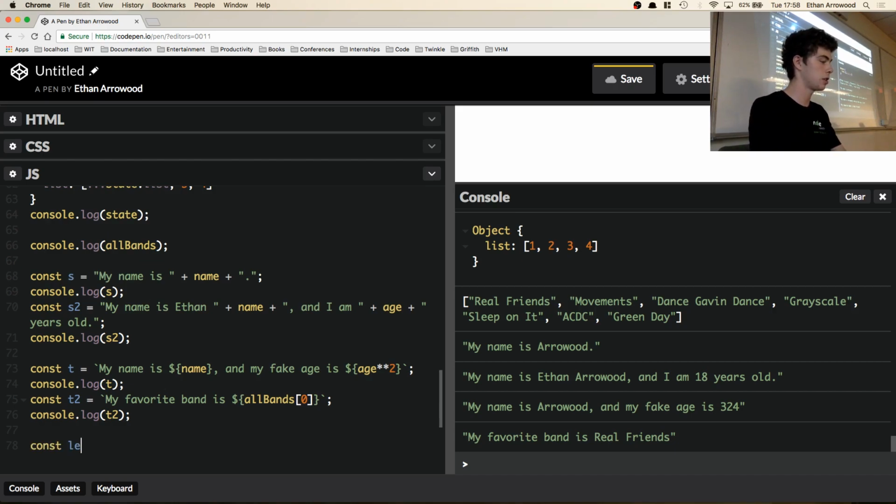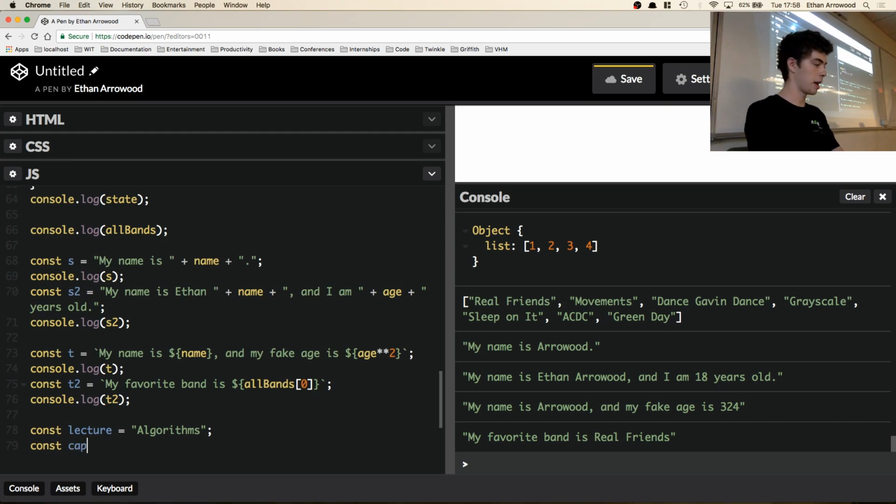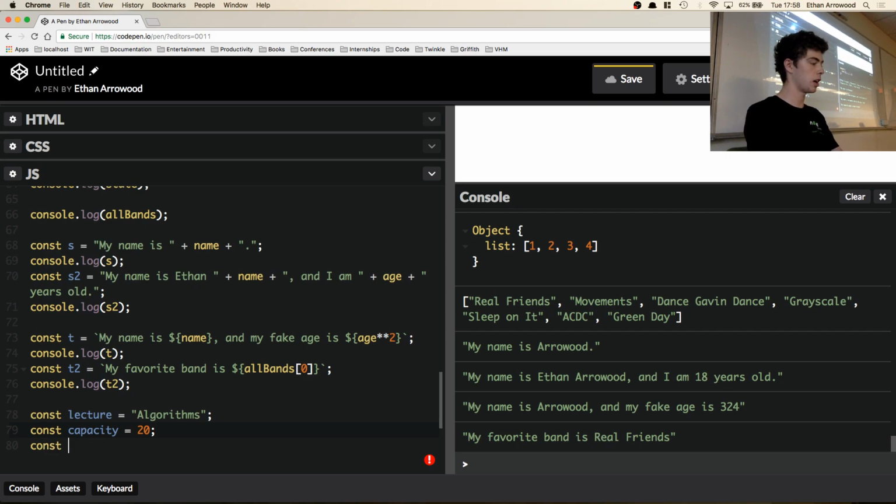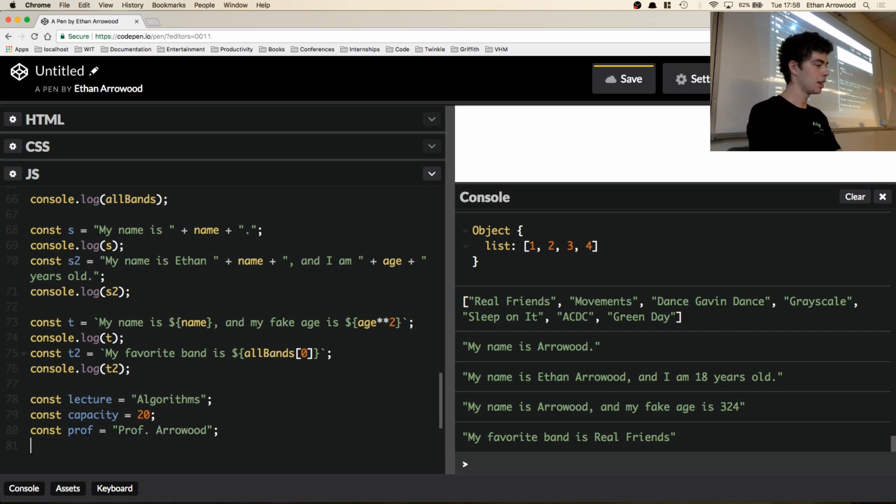Let's say const lecture, and we're going to say algorithms. And then const capacity equals 20 students. We're going to say const professor. And because I don't want to give out anyone's names, I'm going to say Professor Arrowood, someday. And then we're going to go ahead and declare a classroom. And this classroom object,